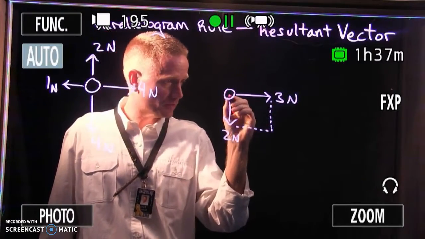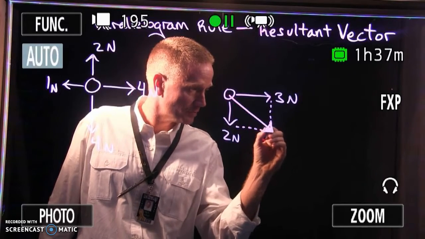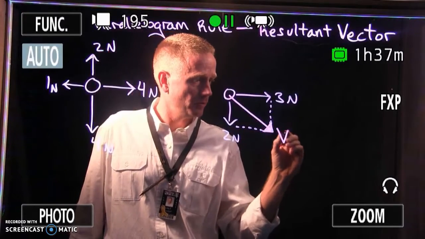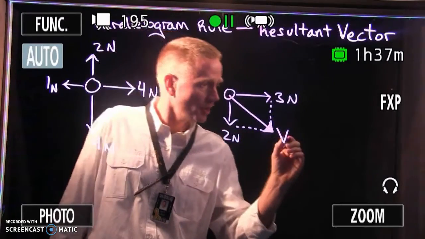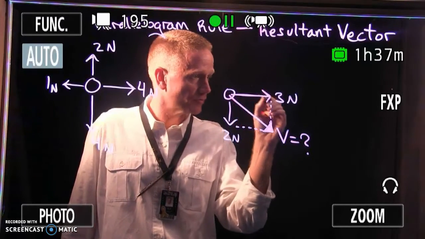The resultant vector or net force vector is always going to be the diagonal in that parallelogram rule. That's why it's called the parallelogram rule. And this vector can be solved for its length by knowing the length of the other 2 vectors